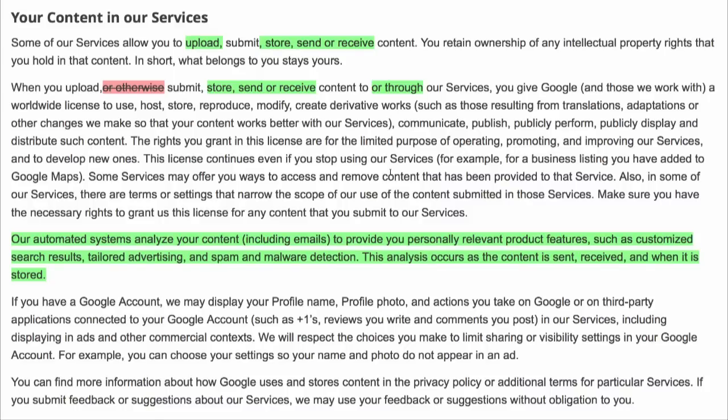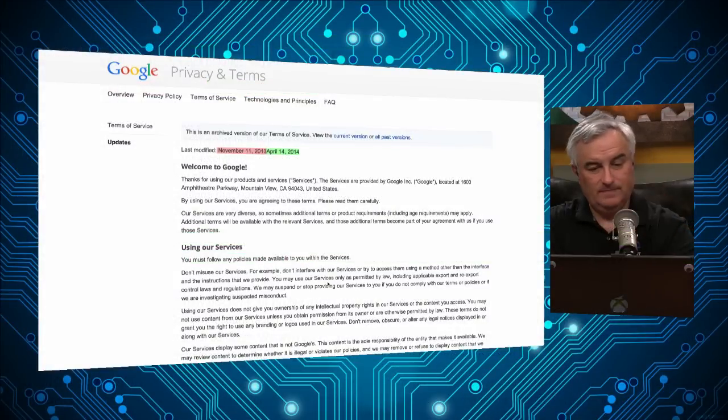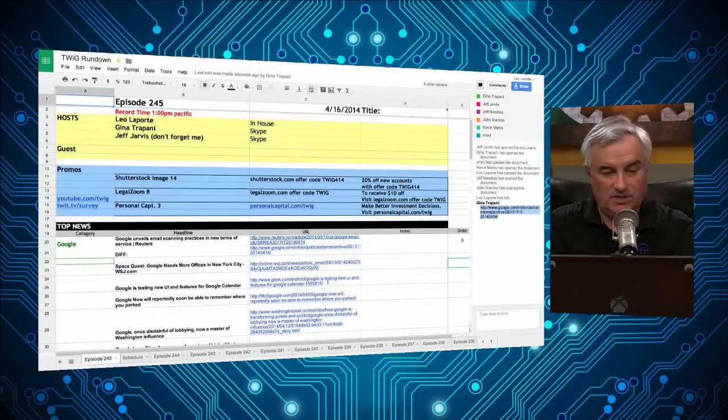It may not have been in the terms of service, but Google has never made a secret that they scan our mail for advertising purposes. So maybe it just wasn't in the TOS. Yeah. Thank you for the diff. Yeah, sure. Anytime. Diff it up.